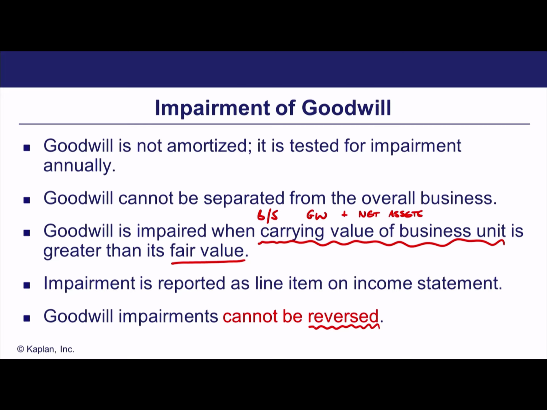So why does IFRS take this view? I think IFRS is taking this view simply because of the difficulty in establishing the fair value of a subsidiary. It's a very subjective figure, and therefore the danger would be if we could impair these and then reverse the impairment because of that subjectivity in fair value. It would be very easy to use this to distort the accounts. So even IFRS shuts down this road and says no. Once you've got an impairment of goodwill, it's permanent. You cannot reverse it in subsequent periods.